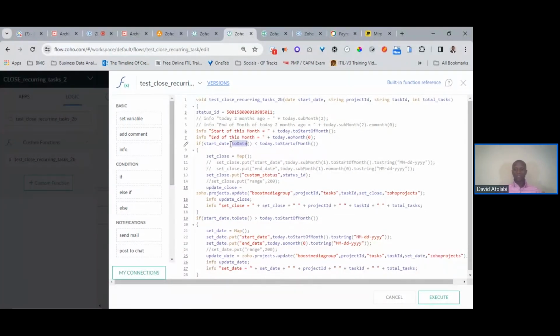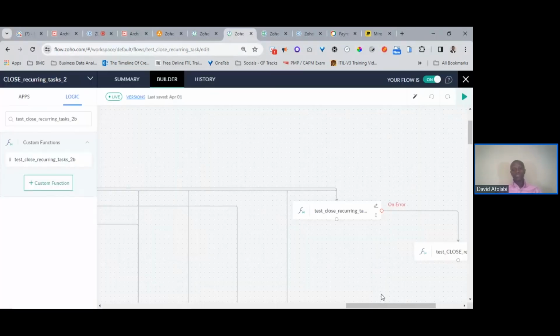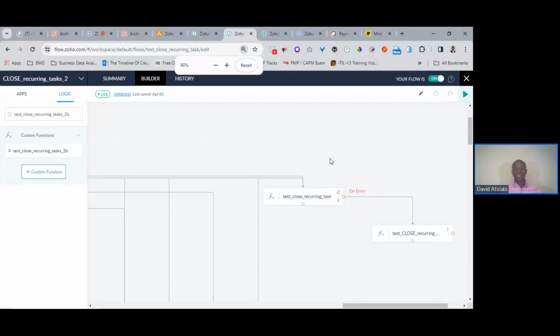so for instance, if the date is before the first of last month, this particular condition ensures that the date is first set to the first of the previous month, and then waits for the second execution of this particular task for it to be set to closure, right? And so that was how we were able to automatically manage